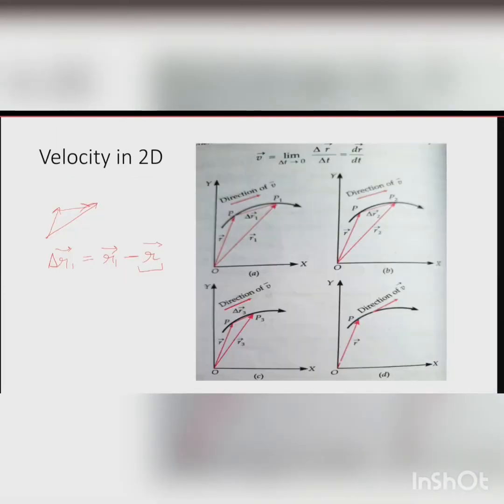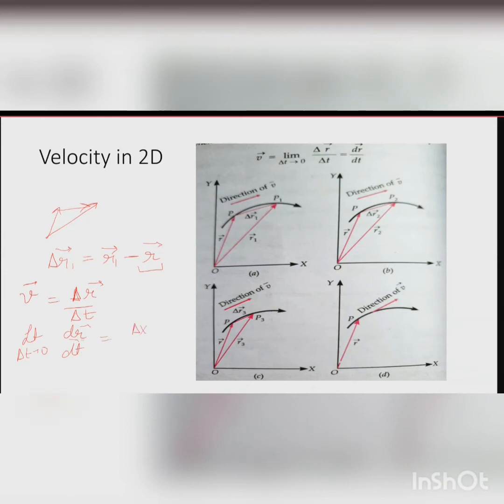So the velocity vector can be represented as, if I am talking about average velocity, delta r by delta t. If I have to take the instantaneous velocity, then we will take the limit delta t tending to 0 and this reduces to dr by dt,